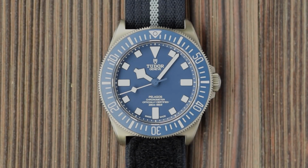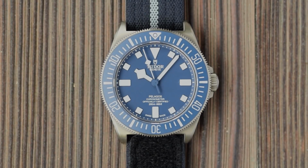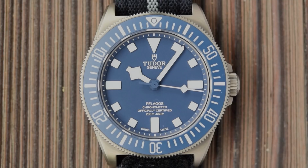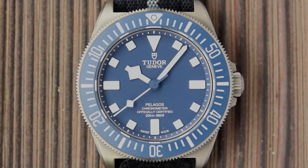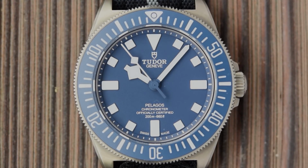I must say, outside it does look a little paler than I've seen in some other YouTube videos. They call it navy blue, but it does have a kind of lighter tone. Studio lighting's a bit different, but this is fairly reflective of what my eyes were seeing when I shot this footage. Applied indices, classic Tudor fashion: triangle at 12, large rectangles at the 3, the 6 and 9, and smaller